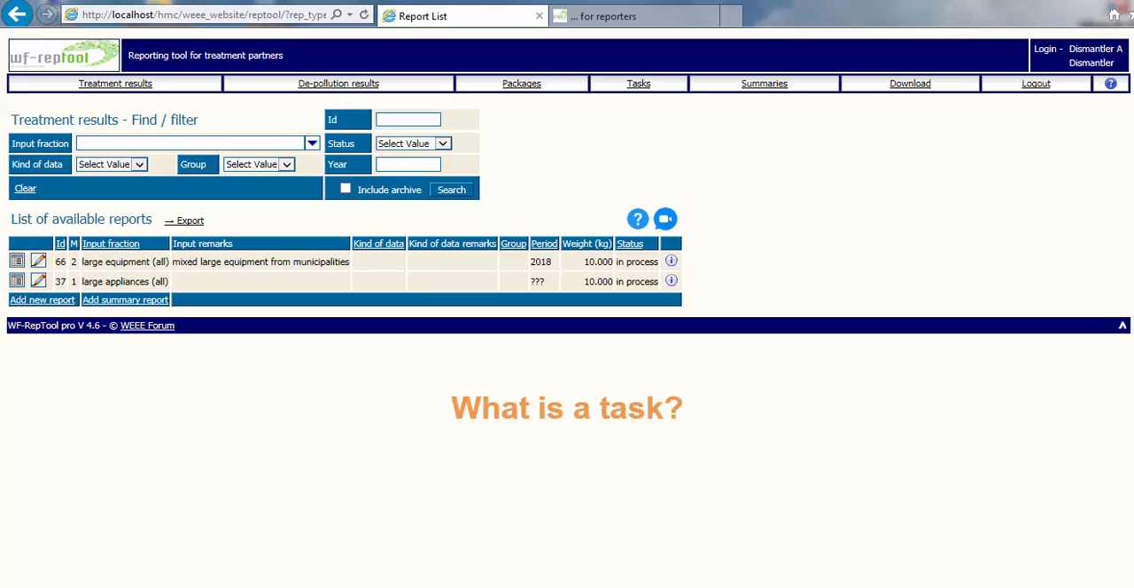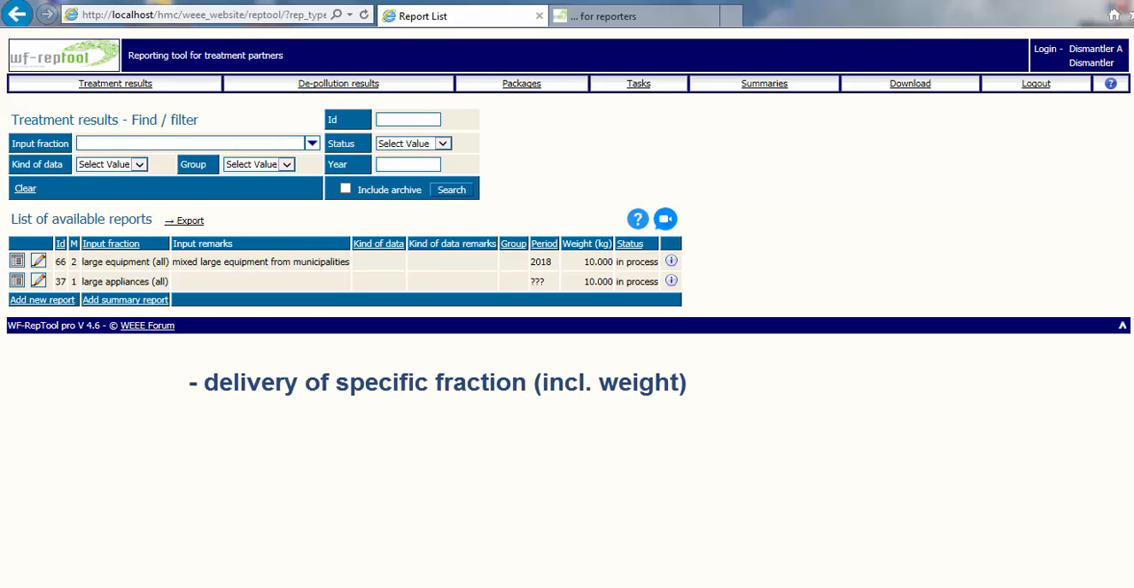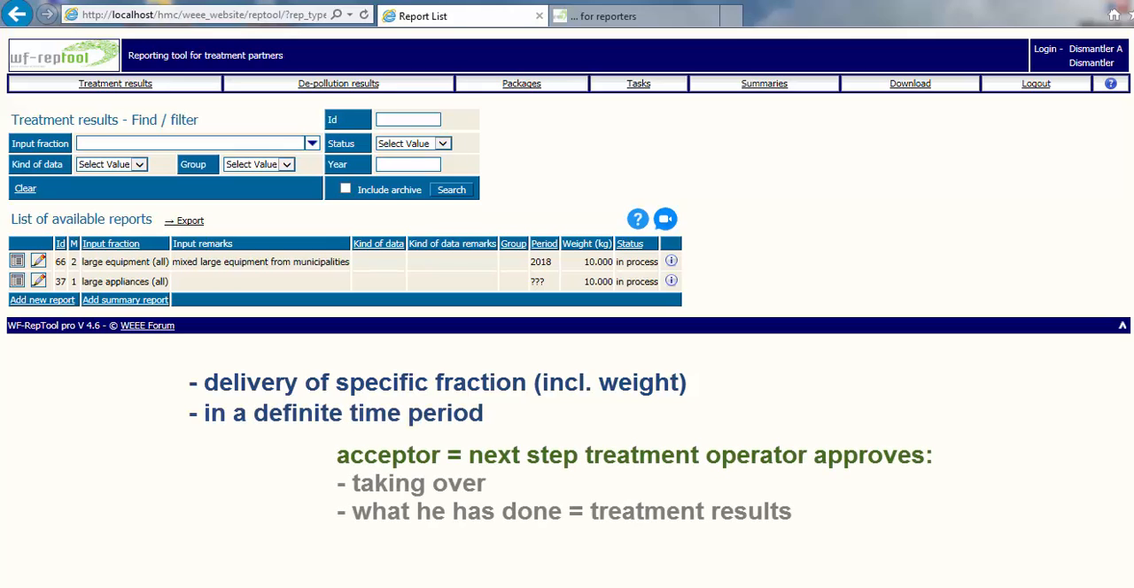What is a task? A task is a job handed over from a treatment partner to the next step treatment operator to provide necessary RepTool information for the fraction delivered to him. In principle, a task is given for the delivery of a specific fraction in a definite time period, and the next step treatment operator approves with fulfilling the task that he has received the fraction and what he has